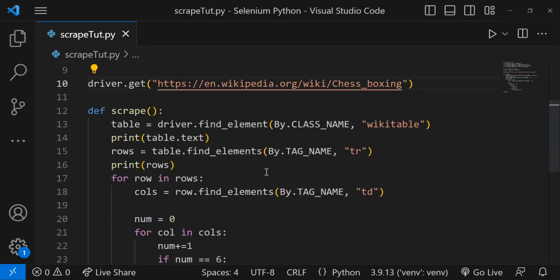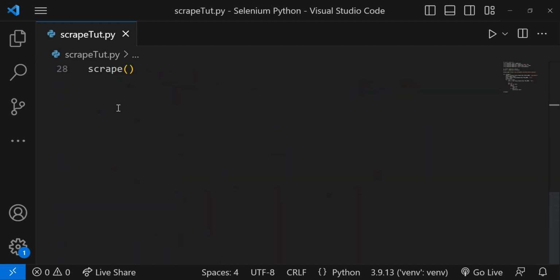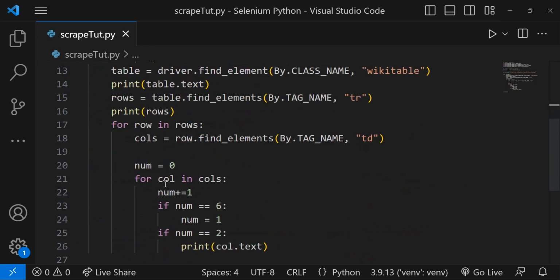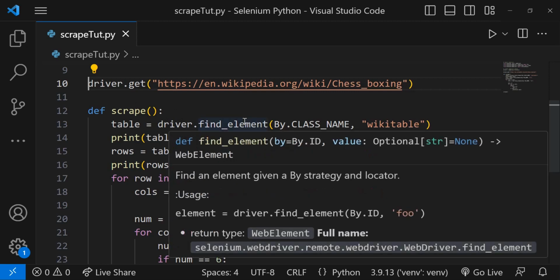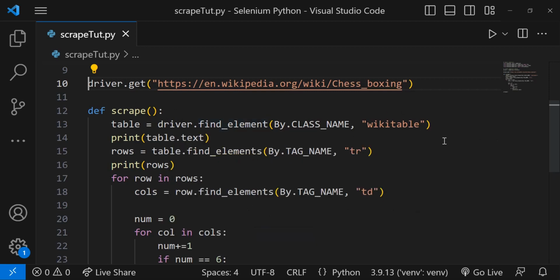Now we get to the meat of the code, which is the scrape function. Here I'm calling scrape at the very bottom, and this is where we're actually doing the main web scraping. First we're finding the table, the entire table that all of this data belongs to. This has the class name of wikitable. So hopping back to the website,